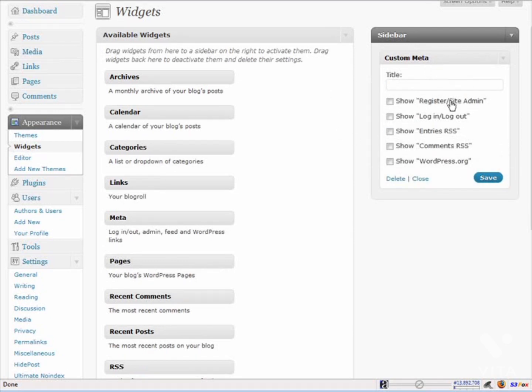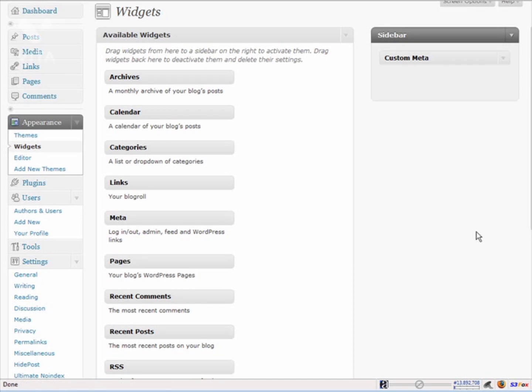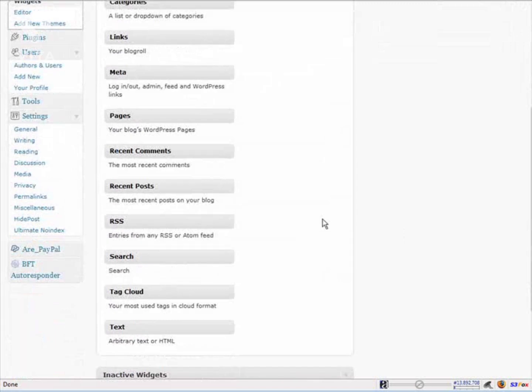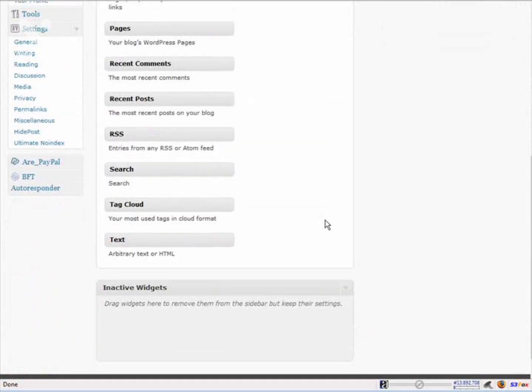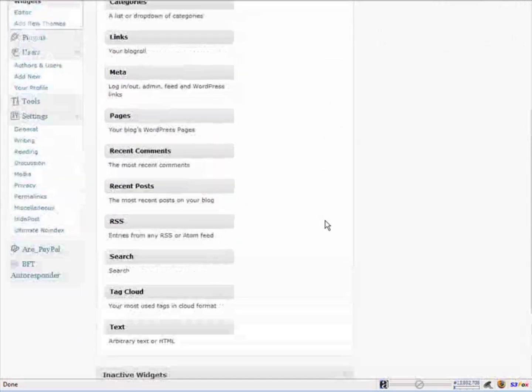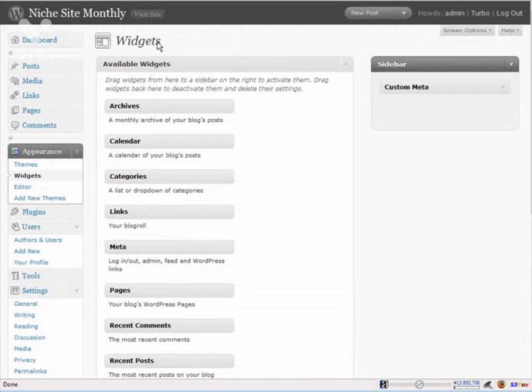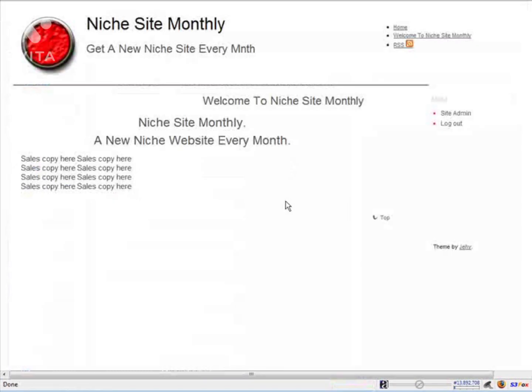And then we can say what we want here. So register and cite them in and log in and log out. Now we can get rid of all this other stuff. Okay, so that takes all of the navigation off of our site. We won't have any categories or pages or anything else showing over there. Okay, so now if we go back and visit our site,